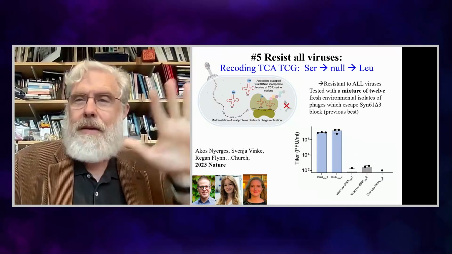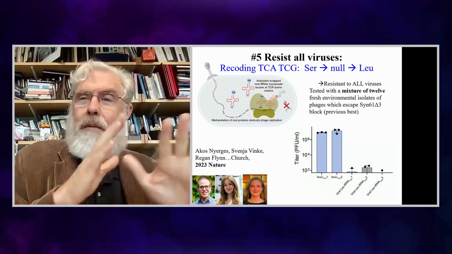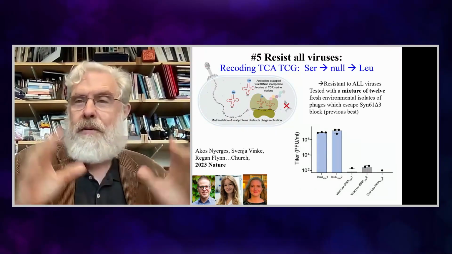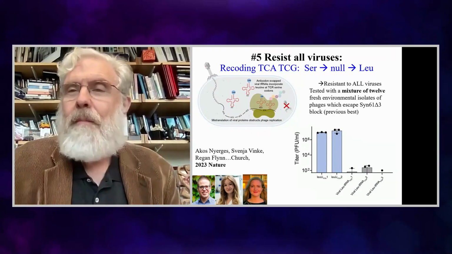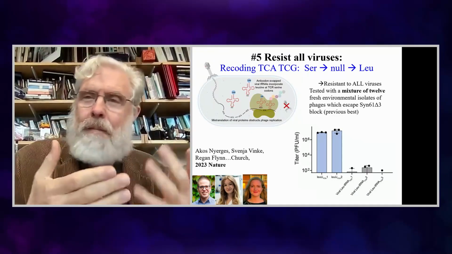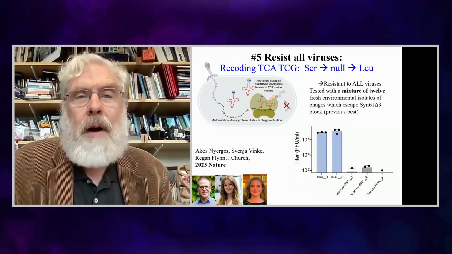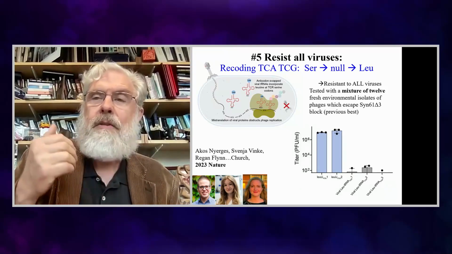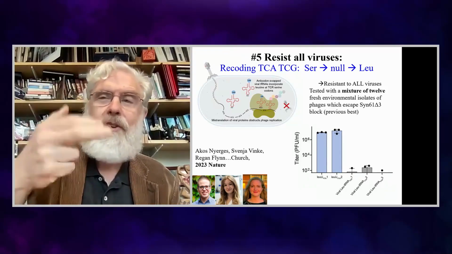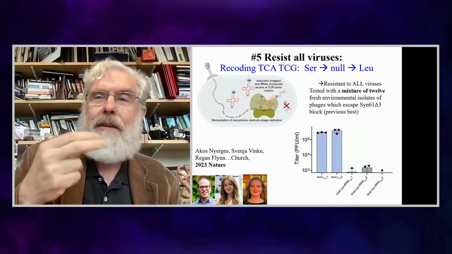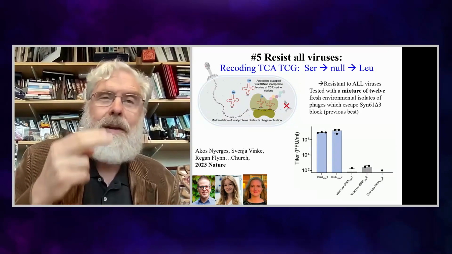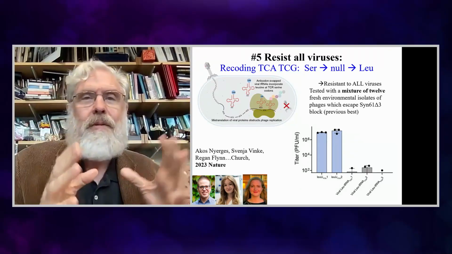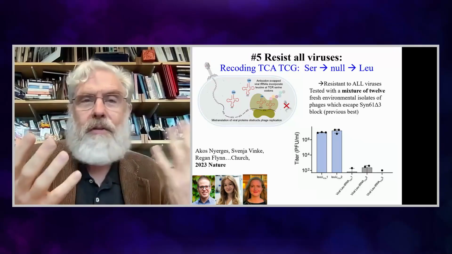Now the host cell, the good guys, were in on the game. We prepped them so they would not be affected by the serine to leucine swap. But the viruses throughout the world were not present in the genome modification process. And so every virus that comes in, every protein, every gene in every virus needs those two serine codons to be serine. They don't want them to be leucine. So they get swapped to leucine, which is chemically completely different from serine, or it's a mixture of leucine and serine, which is also bad.